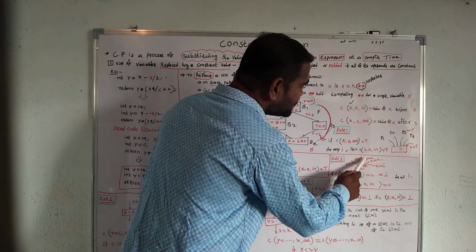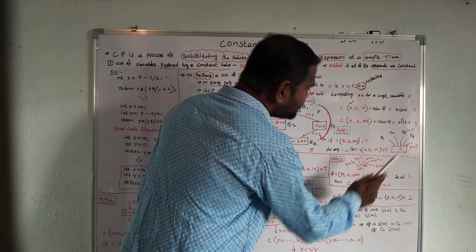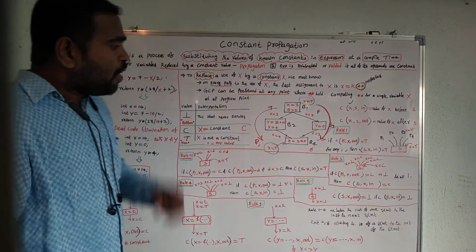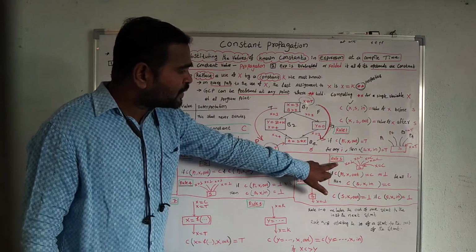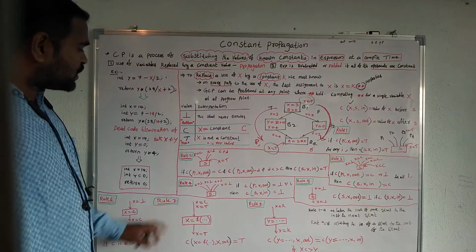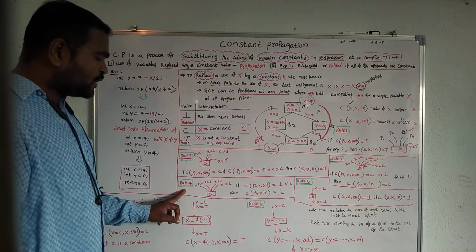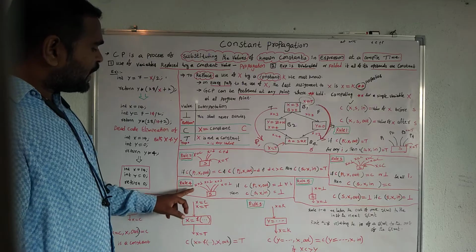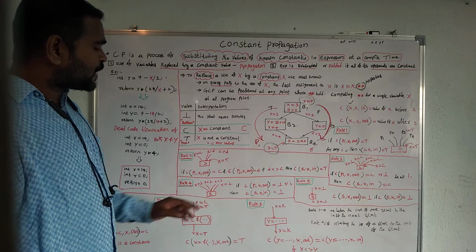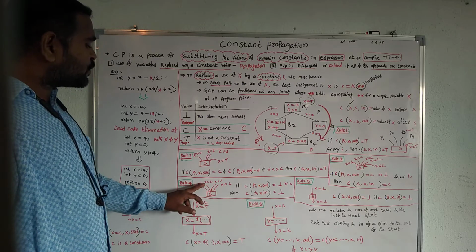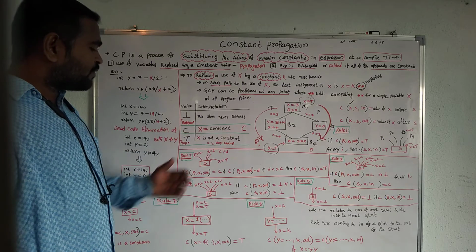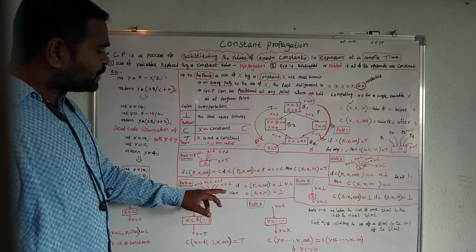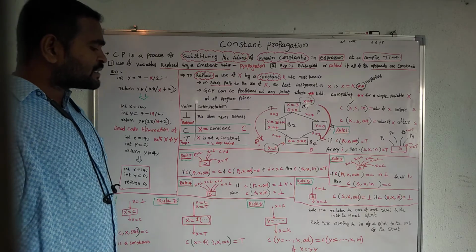After these particular predecessor statements, we have x is equal to c. This is called rule number 3. And the next one is rule number 4. In this rule number 4, what happened? In all multiple paths, the predecessor statements have x is equal to bottom. Bottom means this statement is never executed. So please observe this particular constant function.